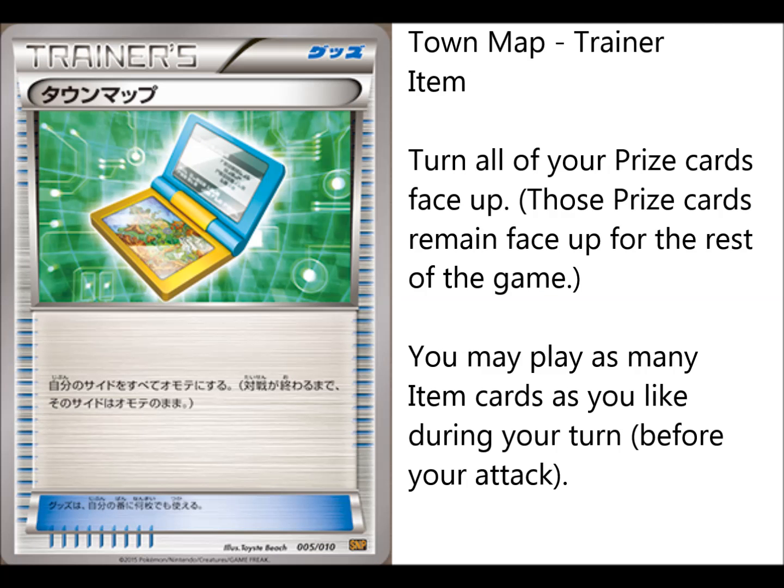The third card is Town Map, which just flips all your prize cards face up. I played that in my Blastoise deck, for those of you guys who remember my Archie's Blastoise list that I initially came up with back around just before States. So there's that one, and then the final card, which another card like Heavy Ball that has been